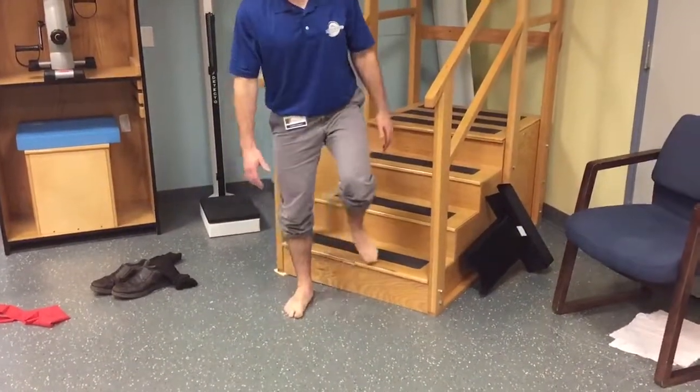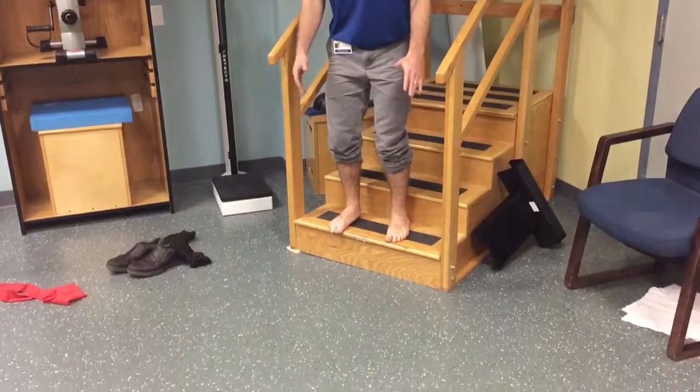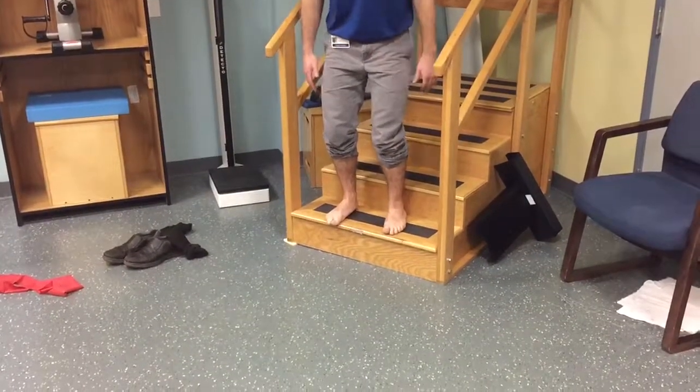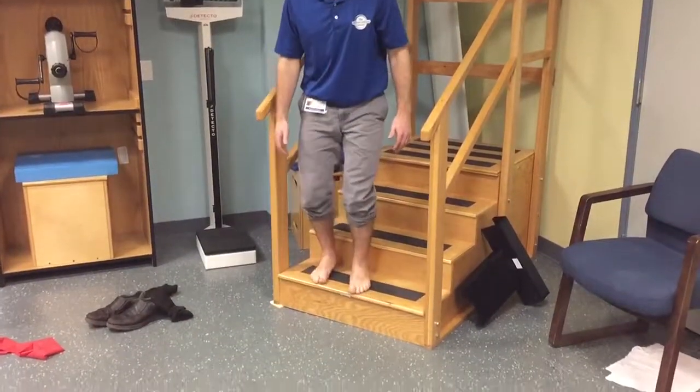You can only think about doing so much stuff, but especially as we start moving faster, my common cue is soft, less noise. If you can think about less noise, you don't really have to think about toe to heel. That's what automatically will make this quieter. Or single leg,